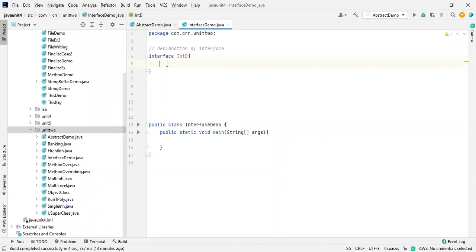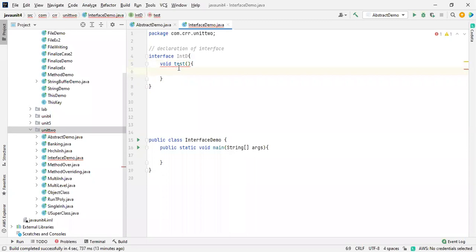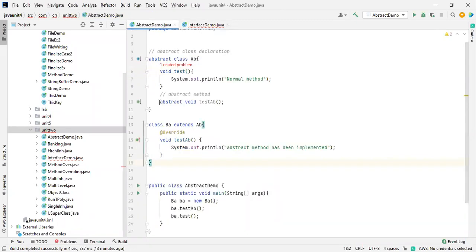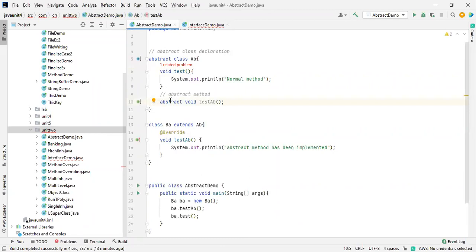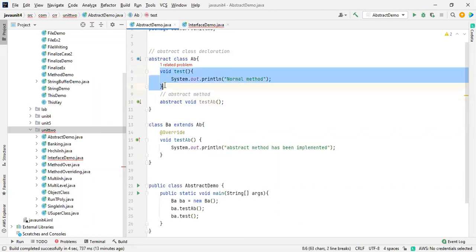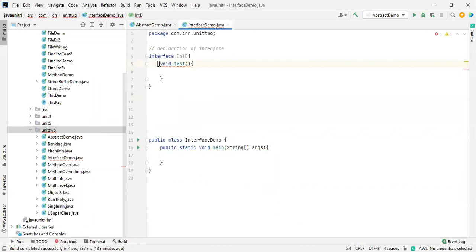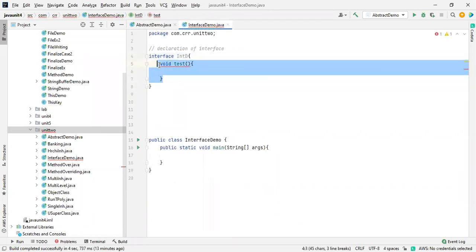Now I'm going to take a normal method right now. See the difference. Normal method, void test. I mentioned void test and I'm going to write an implementation. I didn't mention abstract over here. This is the previous example. I didn't mention abstract, but see this one. Think of it like a normal method, but even normal methods are not possible to write over here.